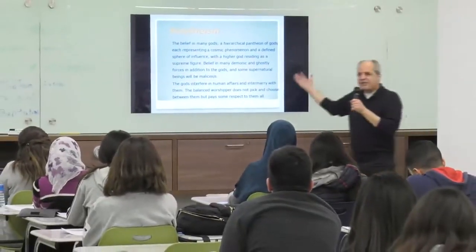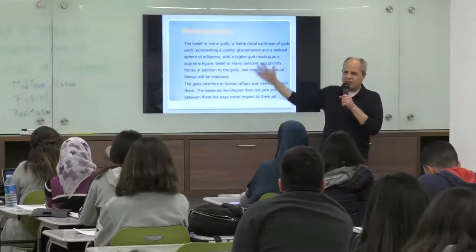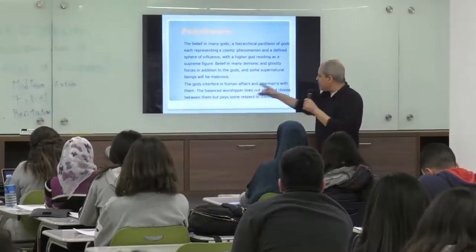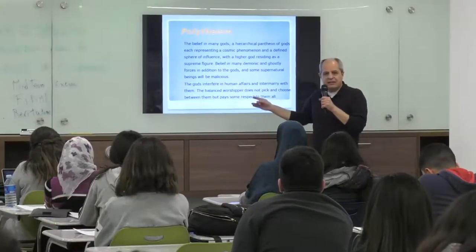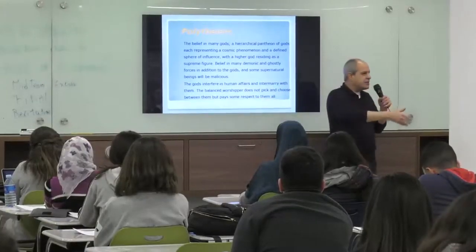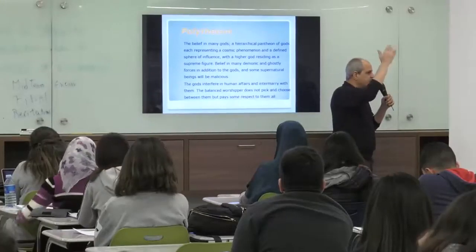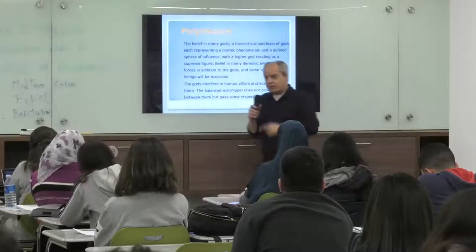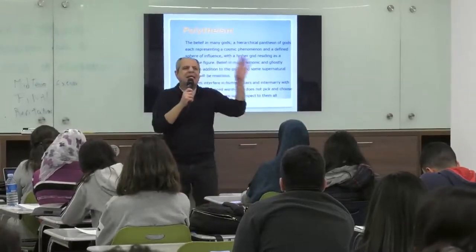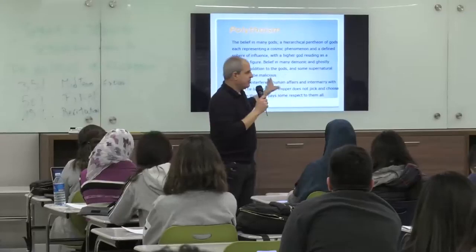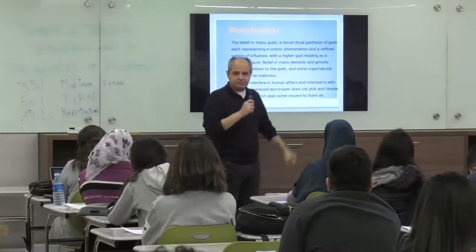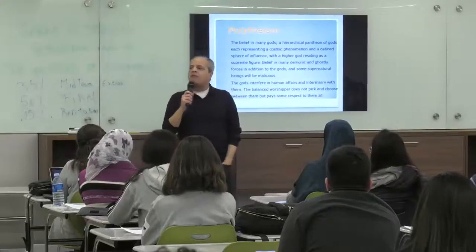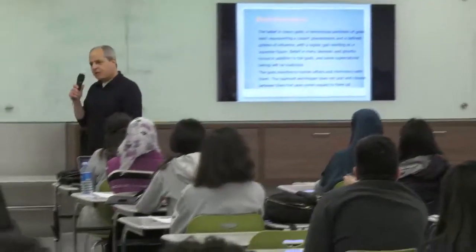Okay, so it's polytheism. It's nothing bad. I wish I were a polytheist. Okay, so the gods interfere in human affairs. Didn't we say Gilgamesh is one-third god, Ninsun his mother? They intermarry. Oh, by the way, we're going to see Ishtar get madly in love with Gilgamesh. And she's going to ask her father to send him the bull of heaven to kill him, because he didn't love her.